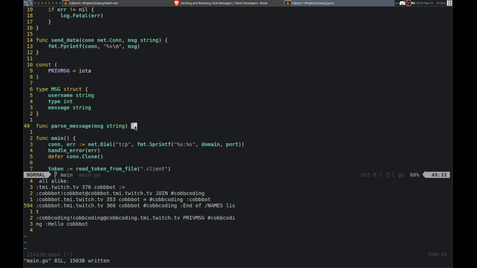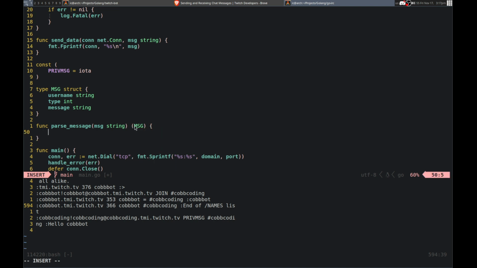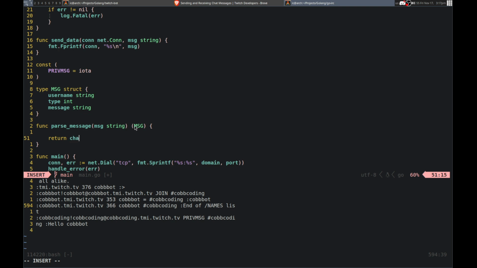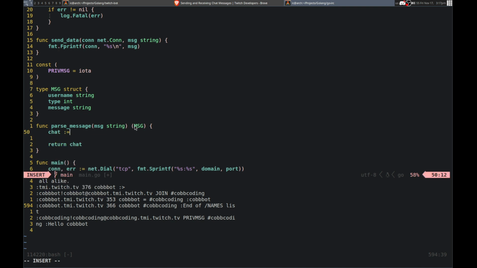So then we'll look at the message, and we're going to return this struct. So we'll return a message. So yeah, we will just return message. Or not message. It will be called, let's see, chat. Yeah, sure. So chat is a new